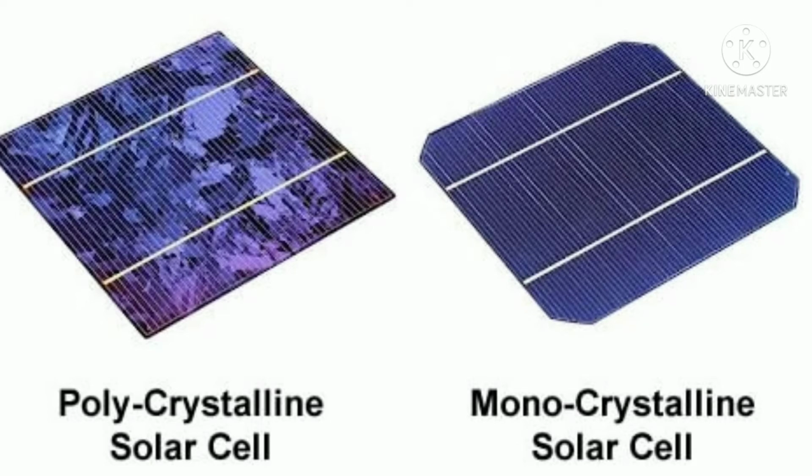In a polycrystalline solar cell, as the name suggests, it is made up of multi-crystals of silicon, or polysilicon. Cutting is different than in the monocrystalline cell. Silicon is melted and poured in a square mold. Hence, you can see a square-shaped cell in the poly cell, and edges are round in the monocrystalline solar cell. From these two diagrams, you can easily identify a mono panel and a poly solar panel.